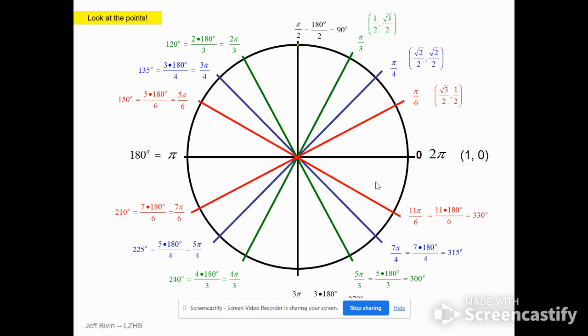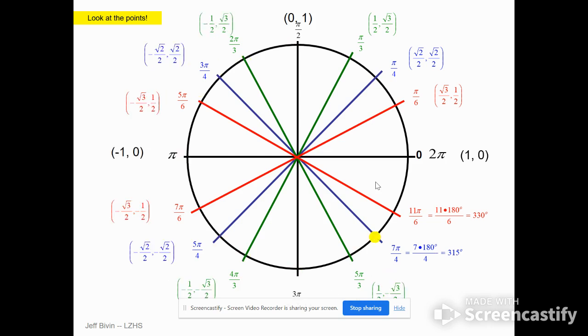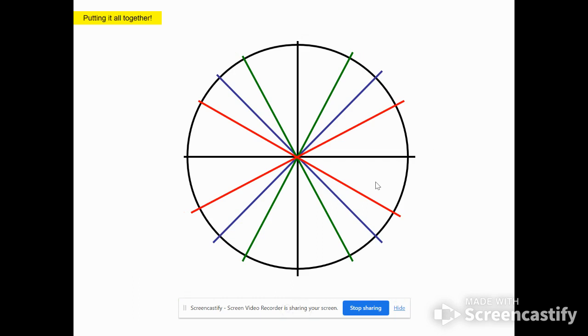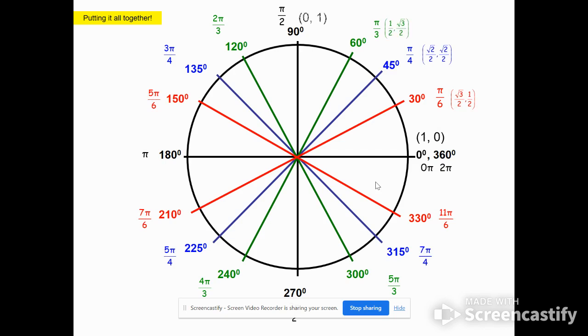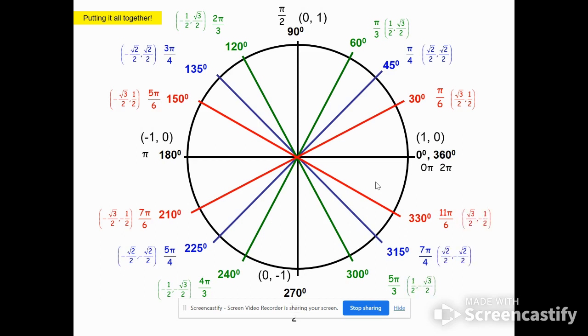And so then we're going to add in our coordinates that are the same as the degrees. Feel free to pause the video now to fill in these coordinates. Then we're going to put it all together. So there's all my degrees. There's all my radians. And so now we're going to fill this in on our complete unit circle. And then we have all of our coordinates. So this is a completed unit circle with all coordinates, all degrees, and all radians. We are going to practice filling this